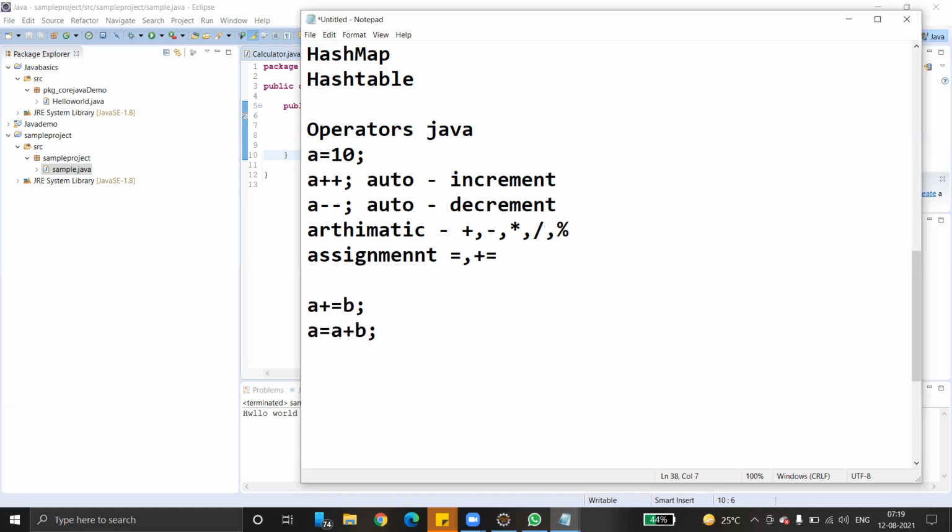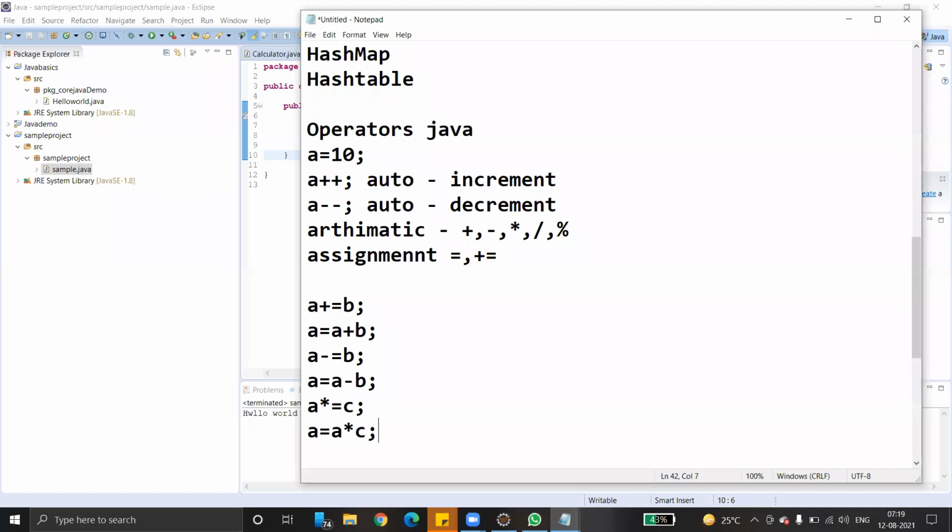And a minus equals to b means a equals a minus b. These are increment and assignment, and decrement and assignment. So these are the assignment operators. Similarly, a star equals to c means a equals a star c.